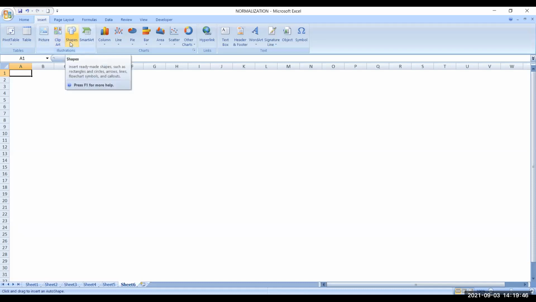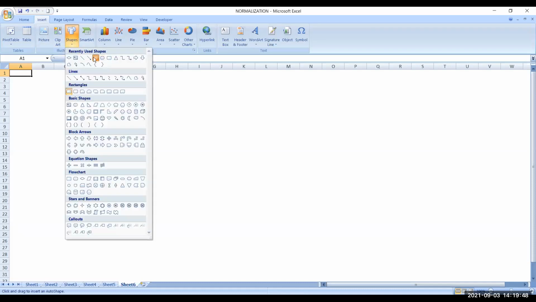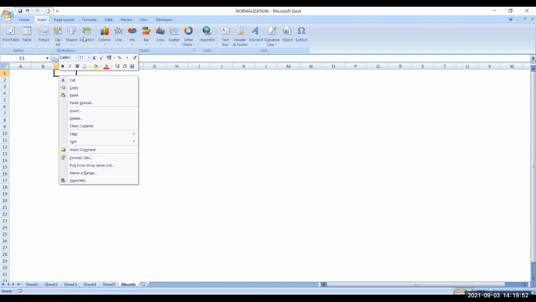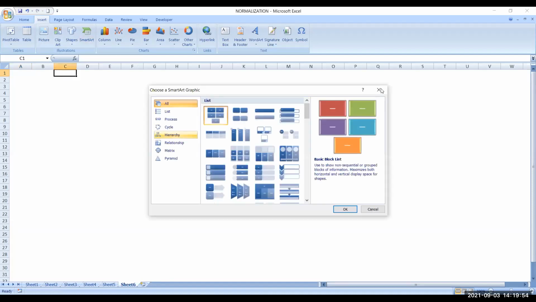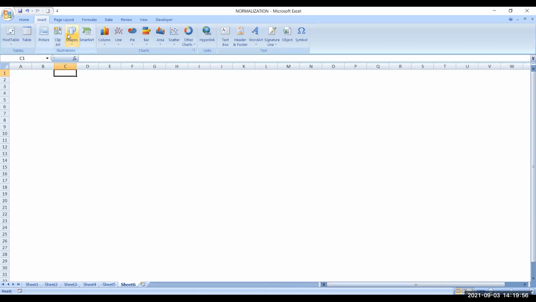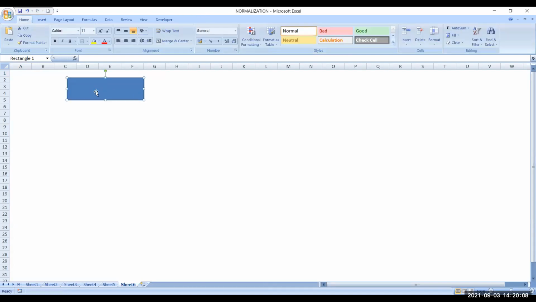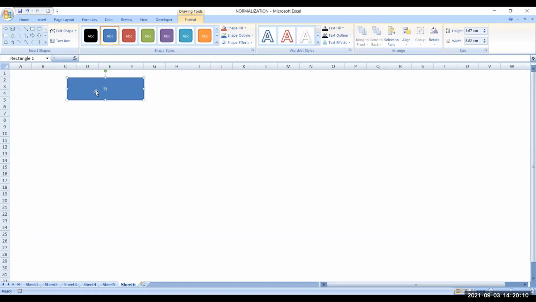So first for the entity, what we will do, we will take a rectangular box, ठीक है, we will take a rectangular box entity के लिए, ठीक है. so entity में हम कुछ भी डालें, anything, student,